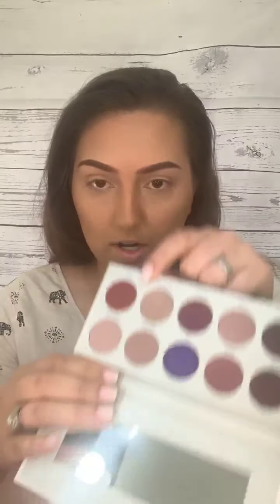Look how beautiful these are though. I'm so excited. Let's go in and we are going to use Spark right here. And I think we're gonna go in with my handy dandy, trusty, where is it? Here it is. Oh, it's dirty, I didn't clean this one. This one's a Morphe. Hold on, we're gonna clean it super fast because I don't want it to mess up the colors I'm using. It's got black and stuff in it. Okay, all better, clean. Okay, Spark, as I was saying,